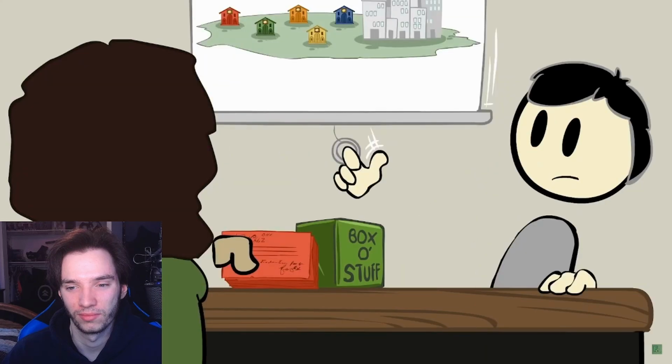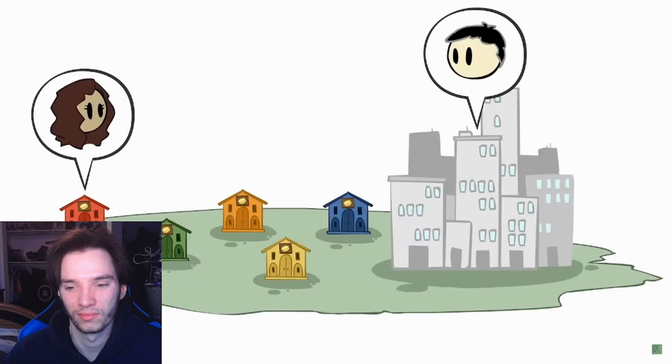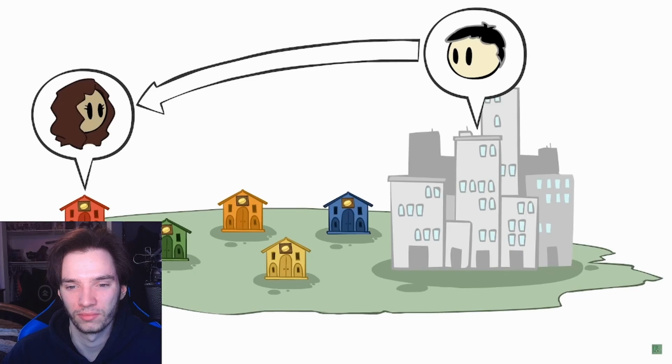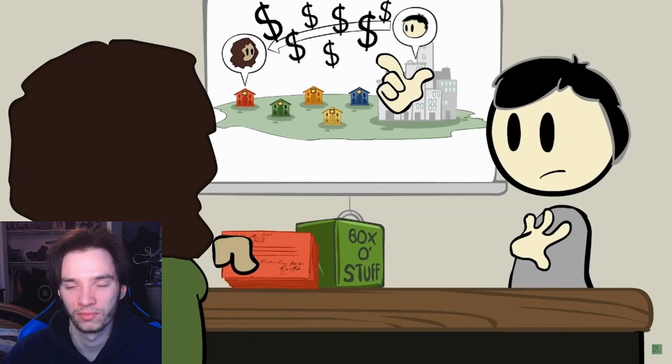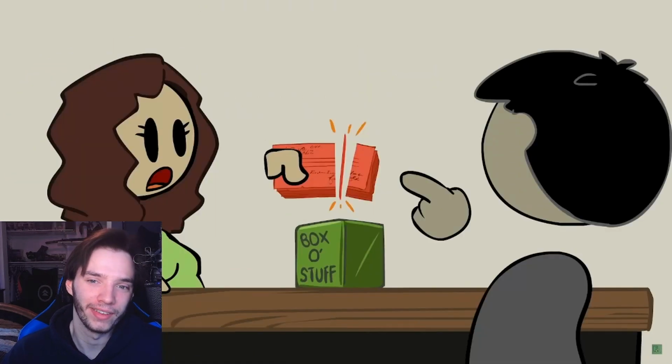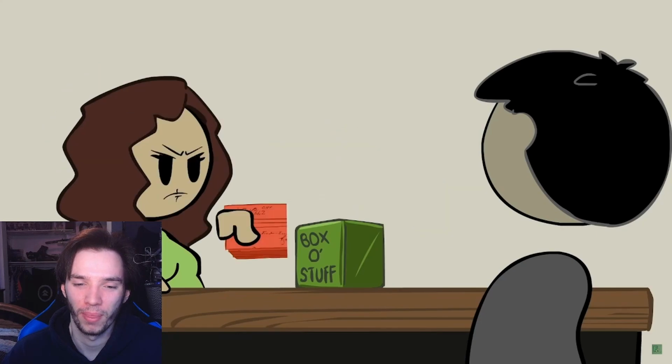Or, more likely, they'll pull out some big chart and say to you, well, let's see. Your bank is pretty far away, so if we, or more likely our bank, ever wanted to redeem these banknotes of yours, we'd have to travel all the way to your tiny podunk village. So, since that's going to be such an expensive hassle for us to do, we're only going to take your banknotes at 75% value.